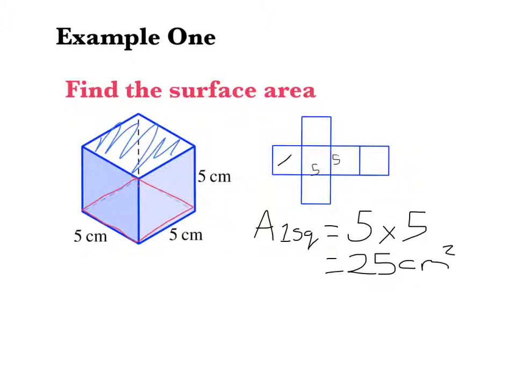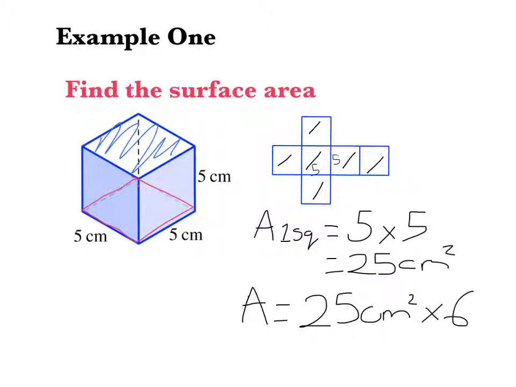And I have 1, 2, 3, 4, 5, 6 faces. So if one face is 25 centimeters squared, the area of the entire thing will be 25 centimeters squared times 6. And the surface area then would equal